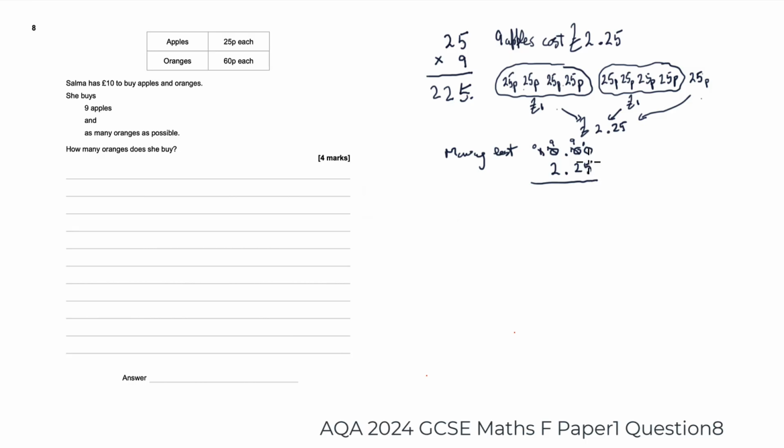So we've got 5 from 10, that's 5. 2 from 9 is 7. So the money she's got left,